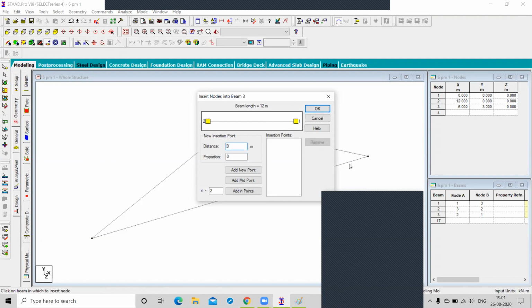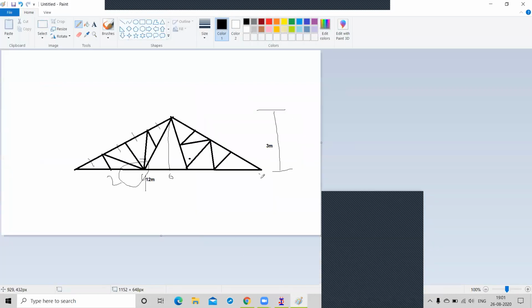So now this is measuring from node number 2. This is your node number 2, right? So from this node, what is the distance up to here? 8 meter. Distance from node number 2, right? So the distance from here to here is 8 meters. If I measure from this node, the distance is 4 meter, but from here it is 8 meter.